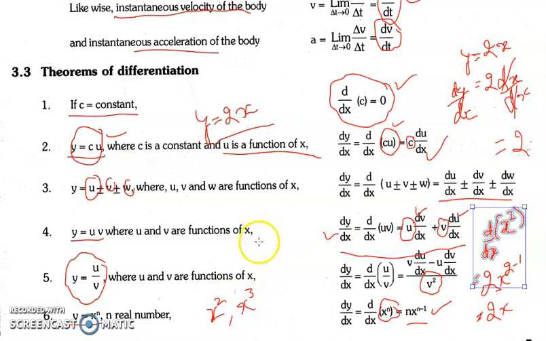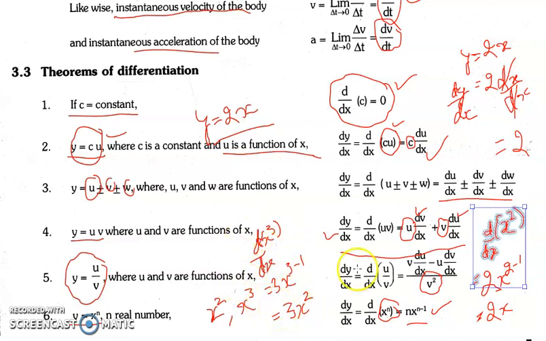Again, if we are trying to calculate the derivative for x cube, d by dx of x cube, in this case, of course, the value for n is 3. So d by dx of x cube is equal to n x raised to the power n minus 1. So it will be 3 into x square. Okay, so these are the few examples that we have used.